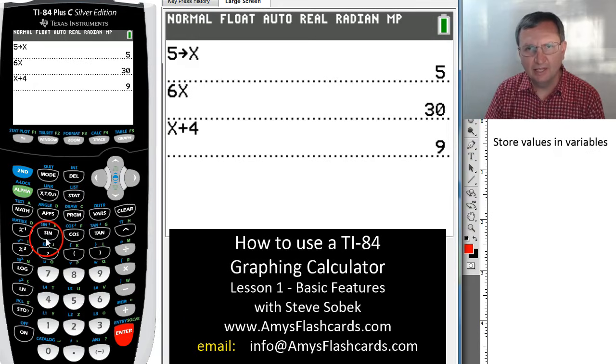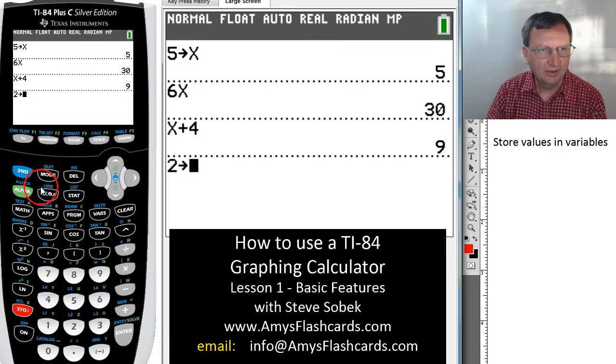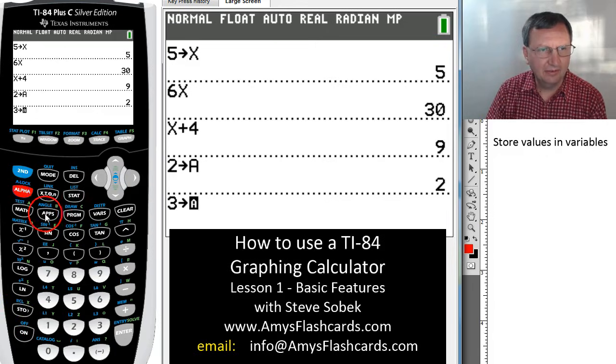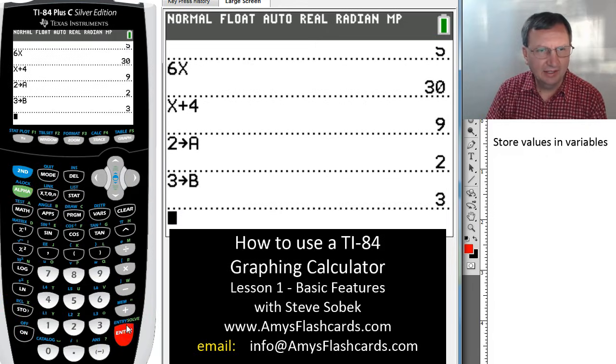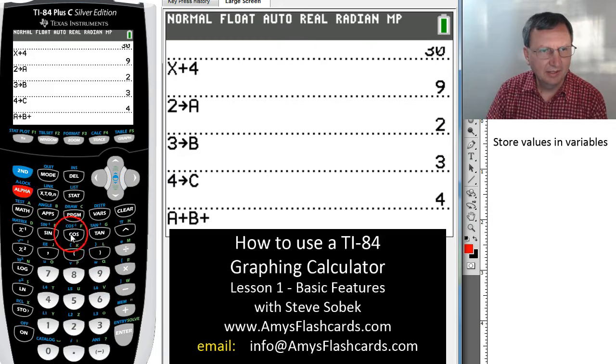But if you wanted to store something in A, well, let's just say, for example, we want to take a 2 and store it in A. 2 stored into alpha A. And then we'll take 3 and we'll store that into alpha B. And then we'll take 4 and we'll store that into alpha C. All right. Now, if I were to type in alpha A plus alpha B plus alpha C,